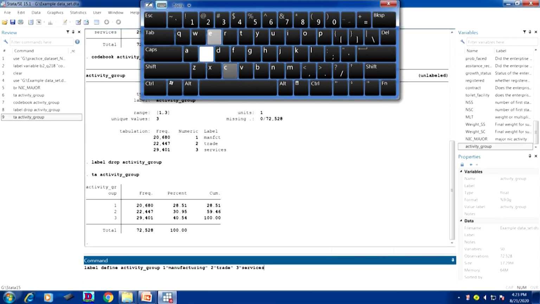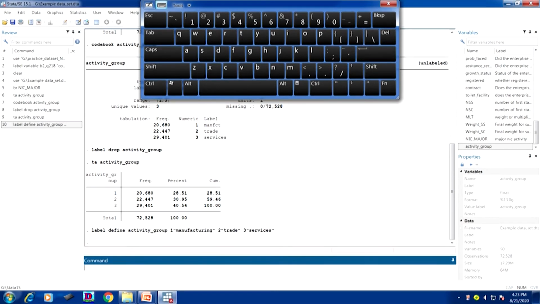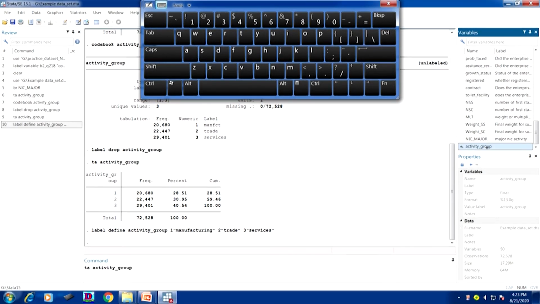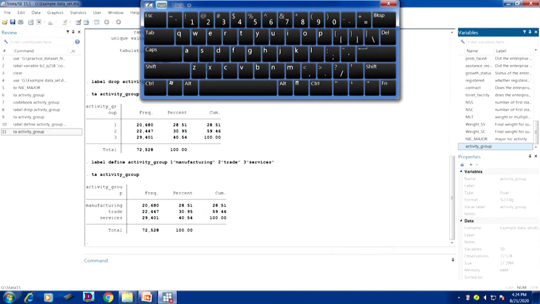Any enterprises which are involved in these kind of activities are actually labeled. Okay. Now, this is one way. Now we have got the labeling of the values, all right. And now just have a check of it.